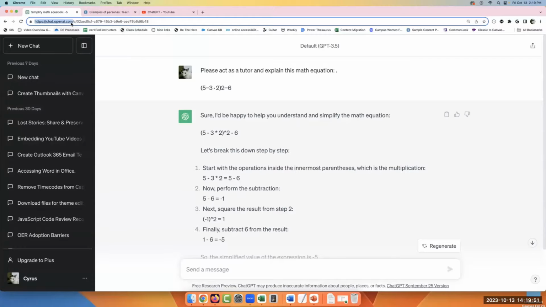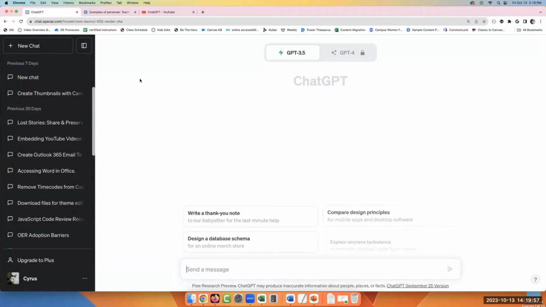Today we're going to be talking about the free version of ChatGPT. Once you sign up for an account, it's pretty easy. You just use your Google account or whatever you want, and you can get a free account. Then you get this interface here, and it's really straightforward.